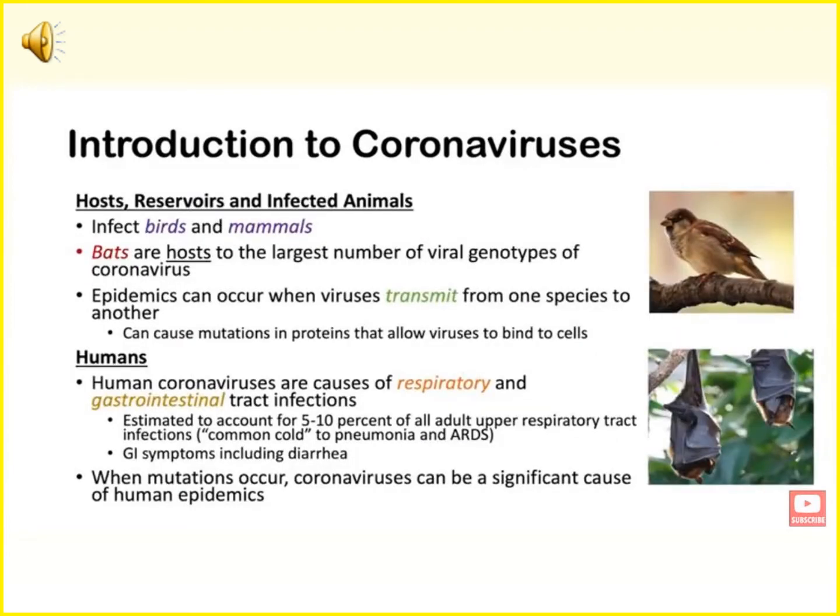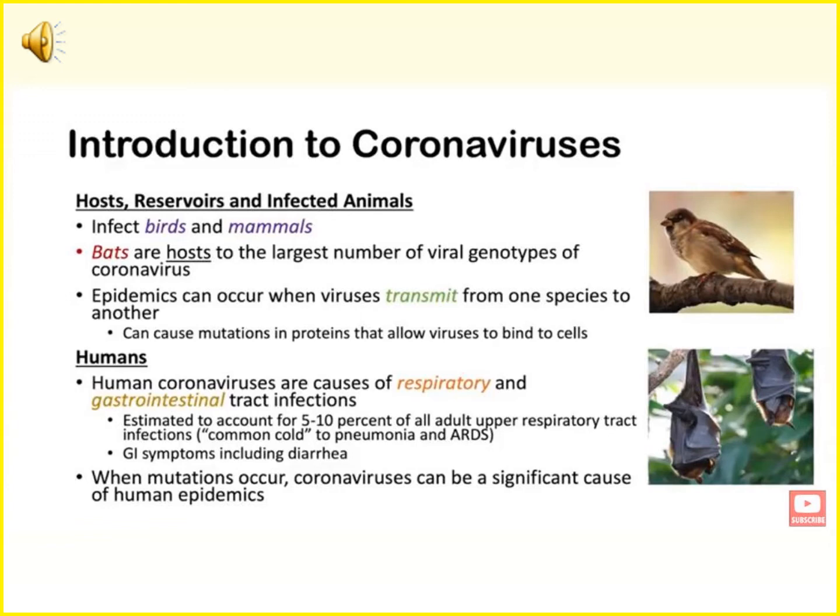Coronavirus can infect birds and mammals. Bats are host to the largest number of viral genotypes of coronavirus. Epidemics can occur when viruses transmit from one species to another. It can cause mutation in proteins that allow viruses to bind to the cells. In human